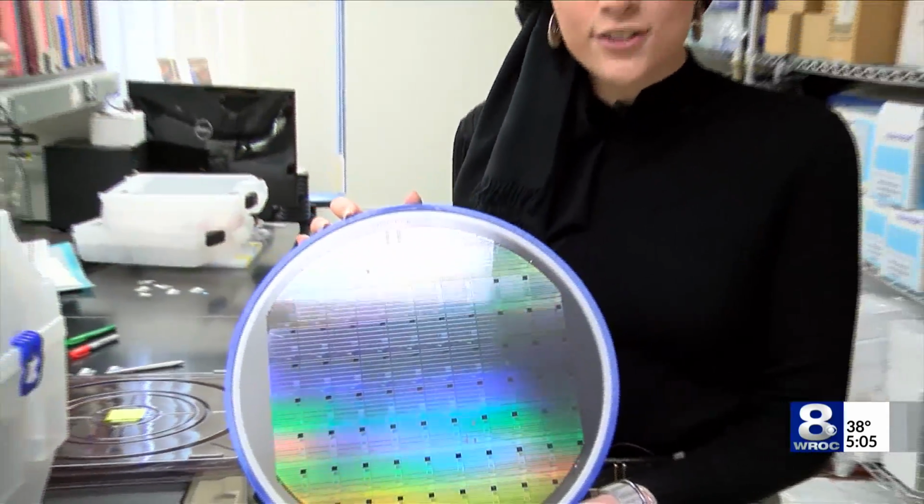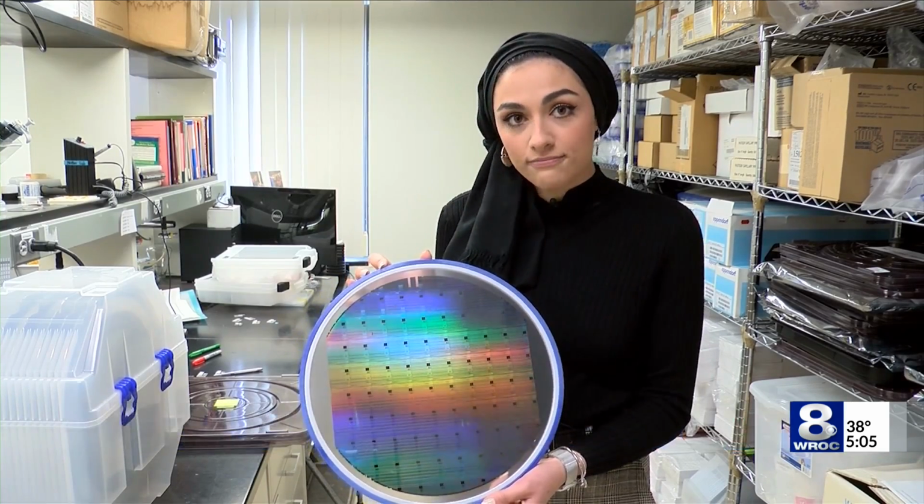On this plate alone, there are thousands and thousands of tiny sensors that can detect different variants of COVID-19, and every tiny little sensor costs around 10 cents each. One of the things that we're tasked with doing is making sure that this can be available to people who might otherwise have difficulty getting access to medical care, whether that's resource-limited environments in cities or rural areas of the country, making this diagnostic technology in a form that we can get it out to them and make it accessible